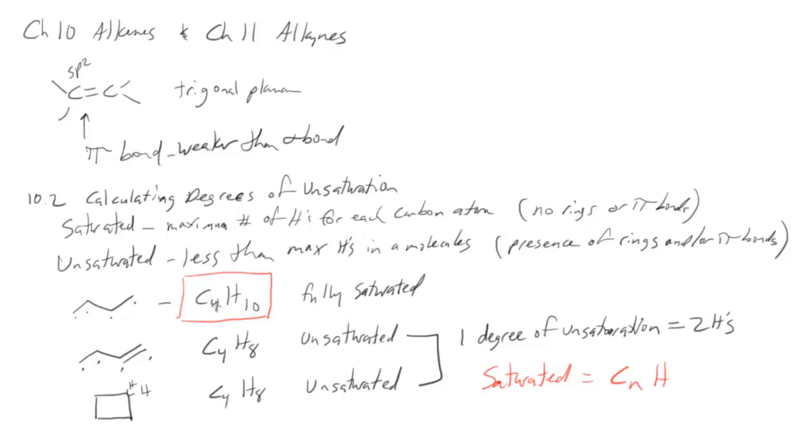So if n is 4, 2 times n is 8, plus 2 is 10. So H2n plus 2. So that's the formula for something that's fully saturated. So now we can compare against this if we know a molecular formula for a compound and determine the number of degrees of unsaturation. So let's look at an example,